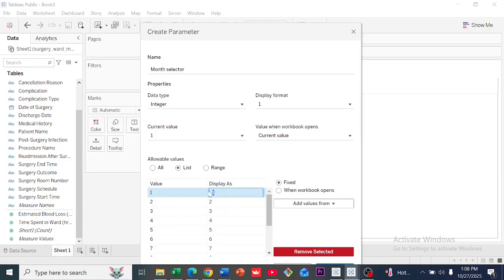So instead of 1, we want this to be January, February, March, April, May, June, July,